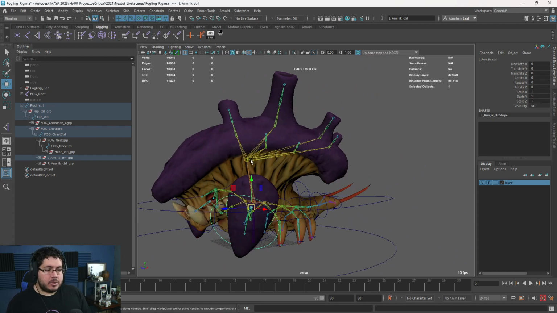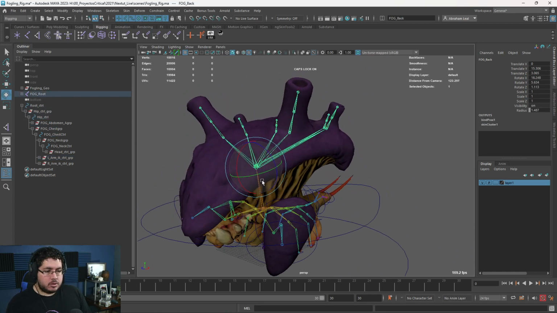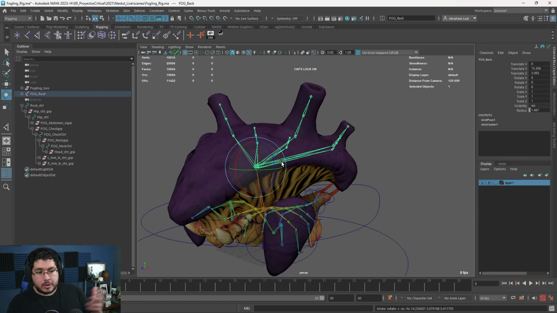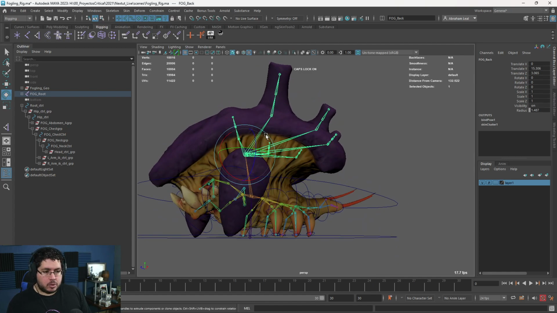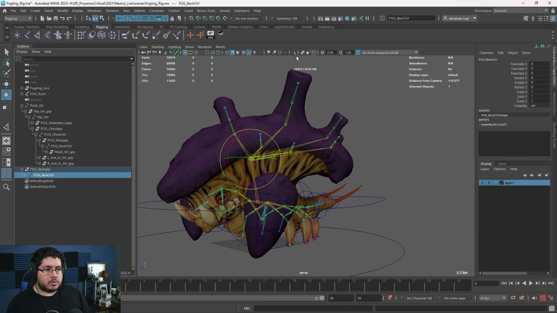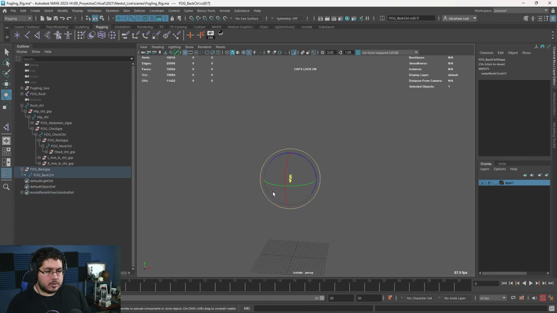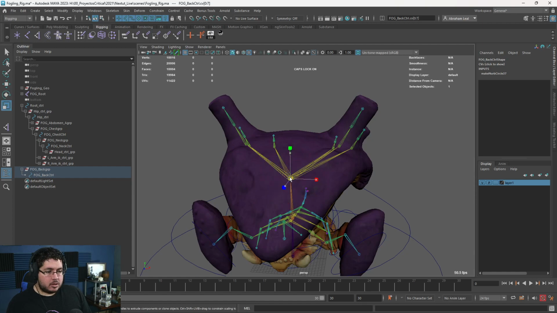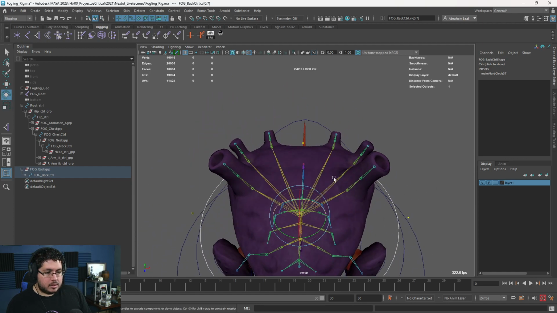Finally, the only thing we need to do is a group for this one, right? Which is going to move the whole thing, and we need to do a group for the puffy effect that we want to add. So for this one, I'm just going to use the script. We're going to get the back control. There we go. As you can see, the orientation of this back control is a little bit different. That's fine. I'm going to make it really big. I'm going to rotate it.